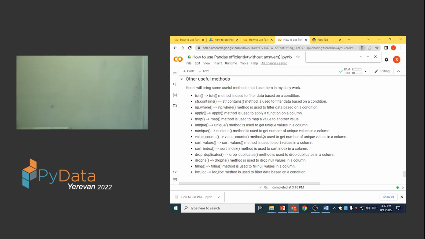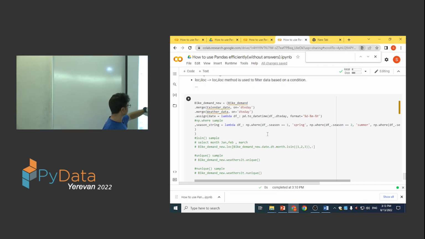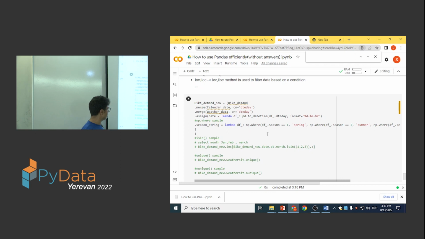Isin, I put it here. Isin is like, you can create a list, and I think I have some sample here, but it's a bit different names, it's got error, but no worries. For example, if you want to just select this month, January, February, March, it's easier to do this instead of